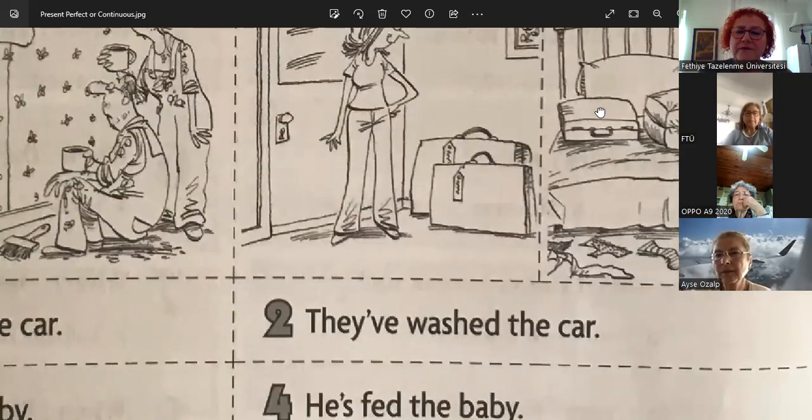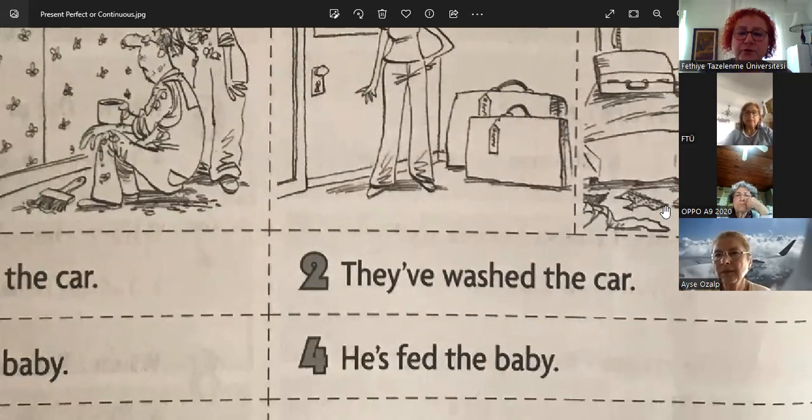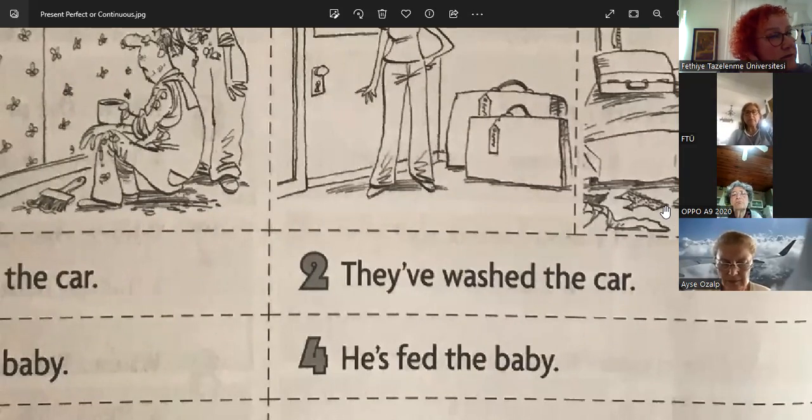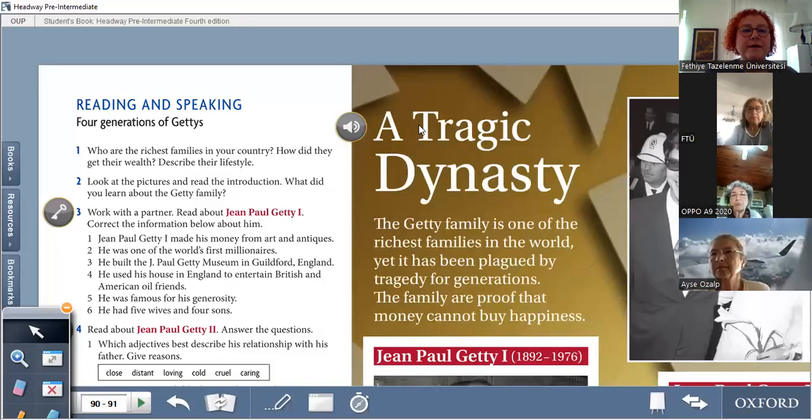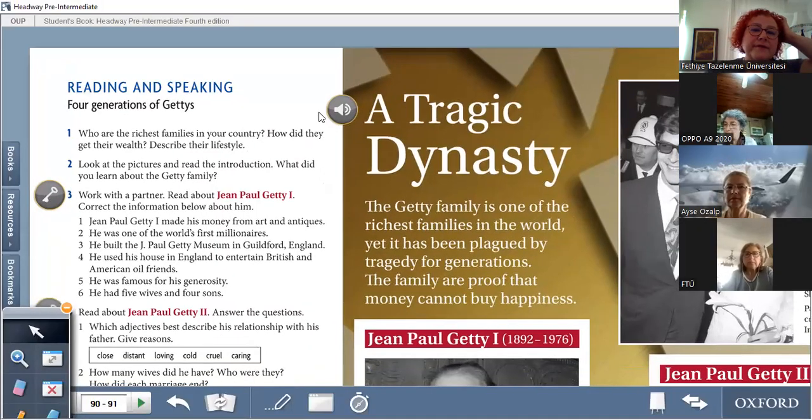Okay, so maybe it will be useful for you to see the difference between two tenses using these pictures. I hope they will be useful for you to understand. Okay, any questions about it? Present perfect simple question. No. Okay, now here there was a reading text for you, a tragic dynasty, and